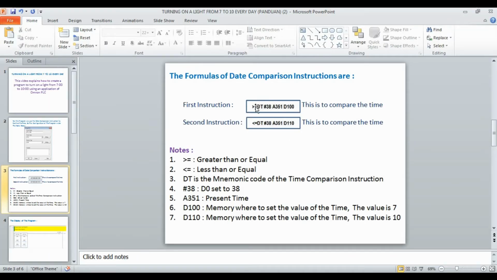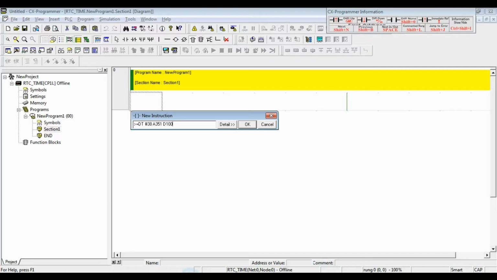The same like this. Okay. Comment: hour, minute, second. Okay, comment: hour, minute, second. Okay.